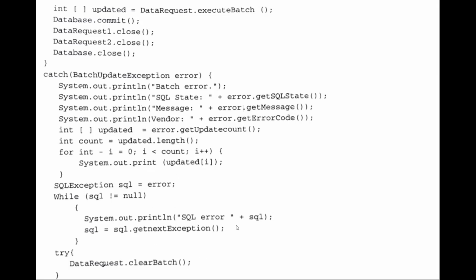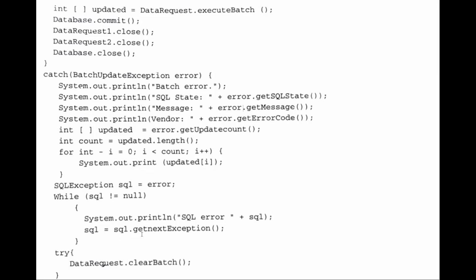Then we can also get the SQL exception. If there is any SQL exception in the execution, then we can also print that SQL error message for all the statements.